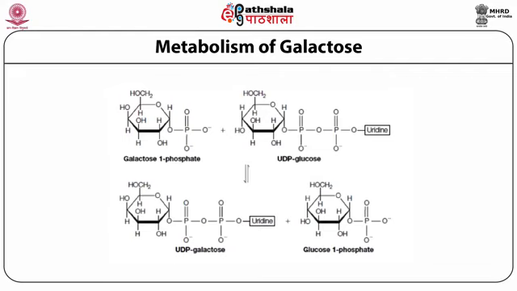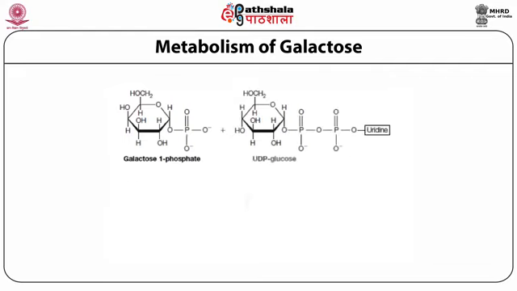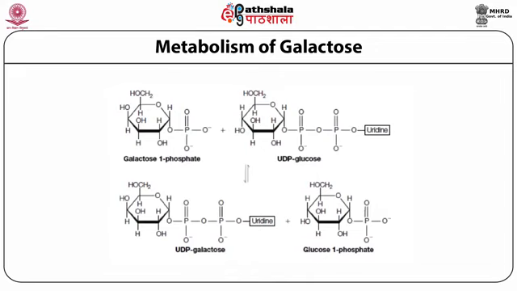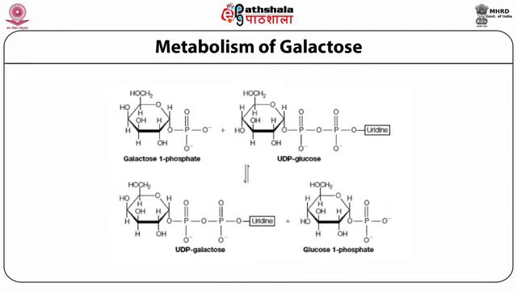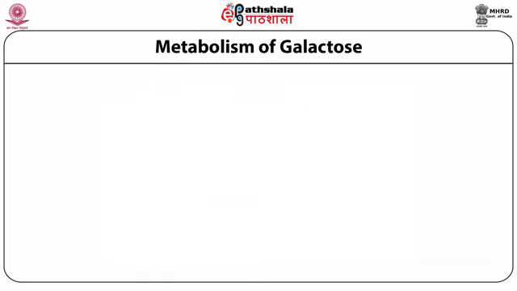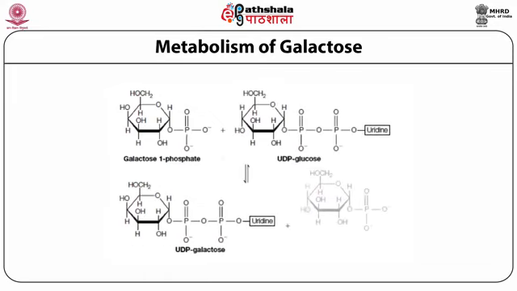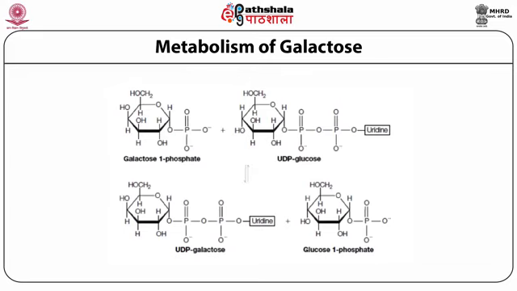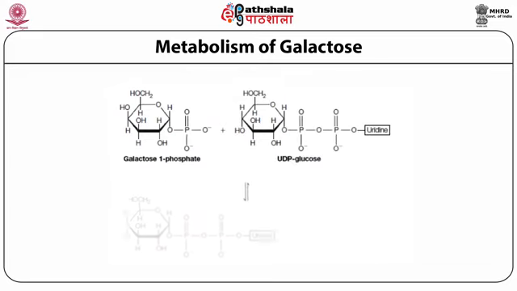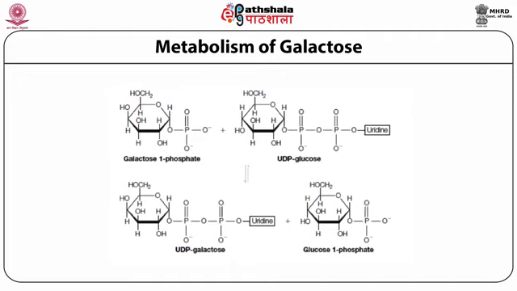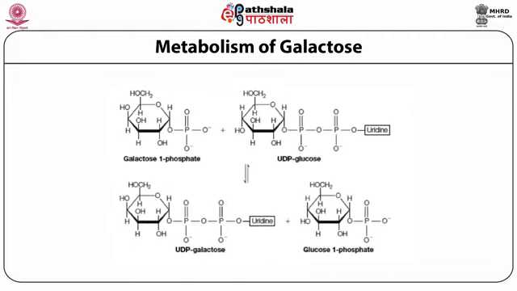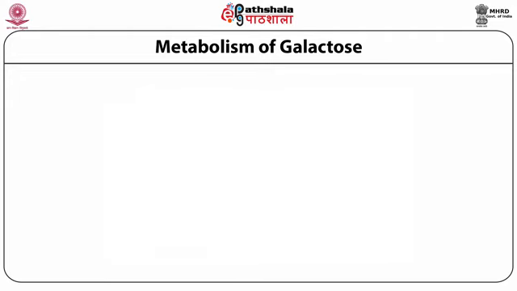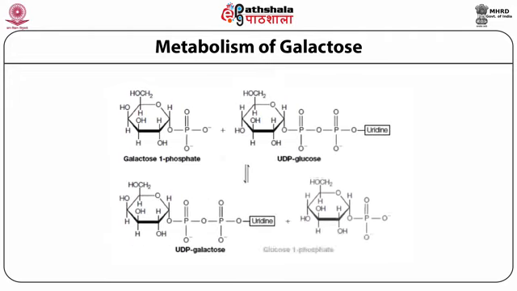While in case of galactose, which is metabolized from the milk sugar lactose, a disaccharide of glucose and galactose, it enters glycolysis by conversion to glucose 1-phosphate. This occurs through a series of steps referred to as the Leloir pathway, named after Luis Federico Leloir, who determined the overall process of galactose utilization.